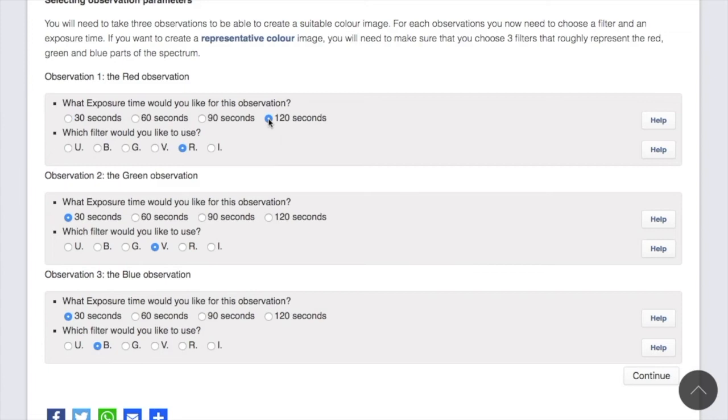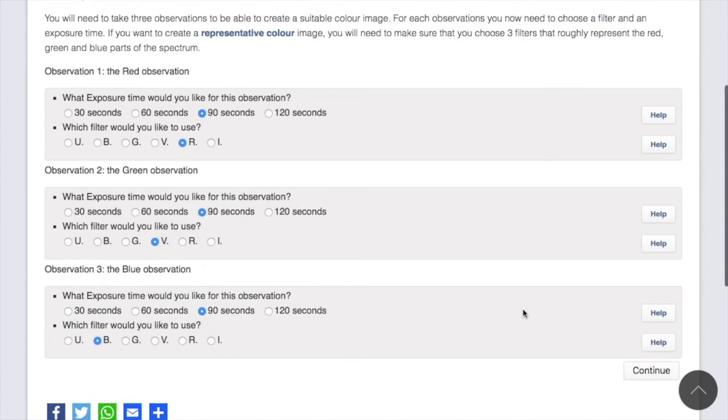Different filters also have different effects. They're ordered here from bluer and ultraviolet through to red and infrared, and they need to choose 3 filters, one for the red colour, one for the green colour, and one for the blue colour. There's help information about all of this that they can look at, but generally speaking the defaults for the filters are quite sensible. Exposure times they'll need to think about a little bit more. I'm actually going to go for 90 seconds for each, but again, the students might want to think about the object they're observing and how urgent it is for them to get their observations.